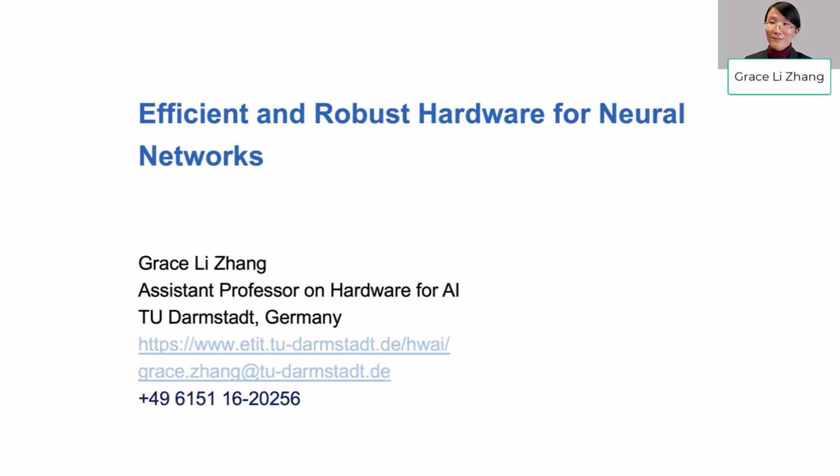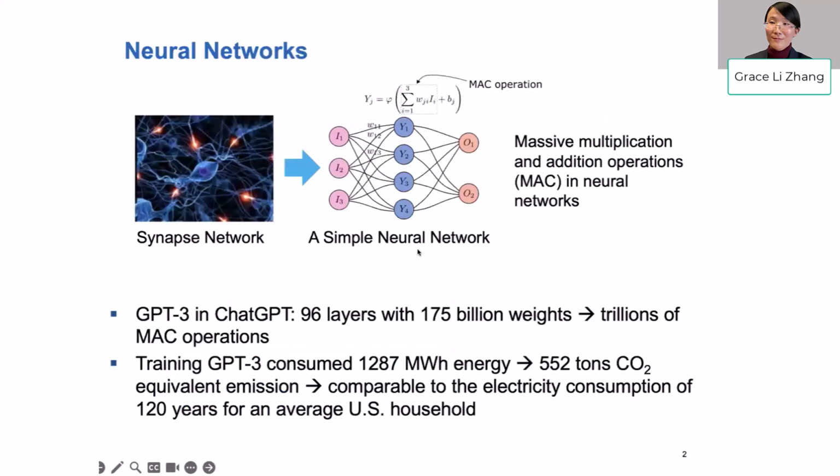So today I'm going to share my research on efficient and robust hardware for neural networks with you. Neural networks were originally proposed to simulate the synapse network in our human brain. For example, this figure shows a very simple neural network. The computations at a neuron include the multiplication operations with the input and weight, and also the accumulation result will